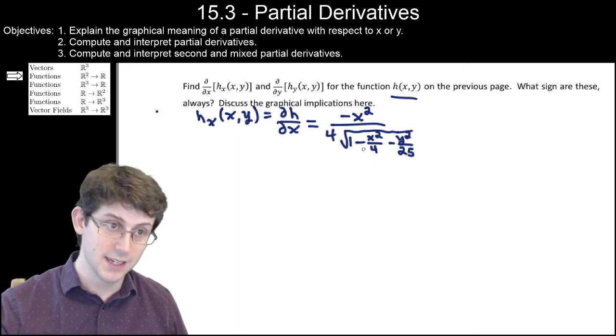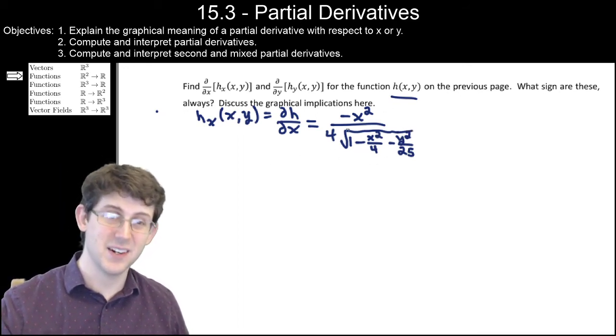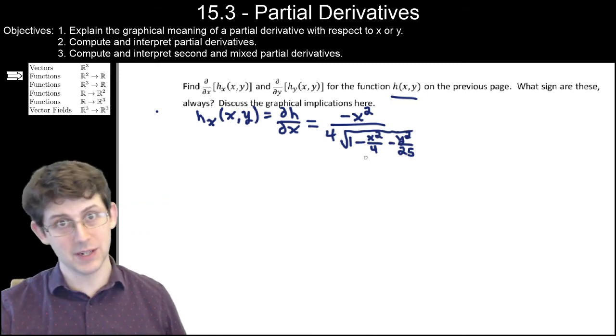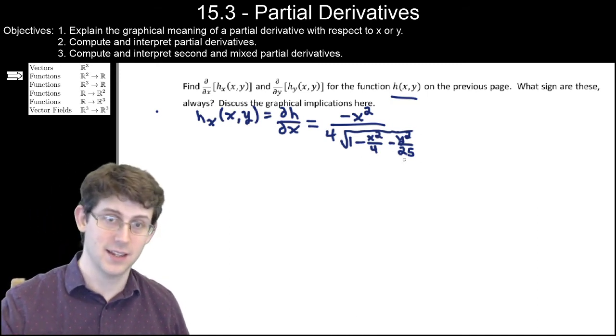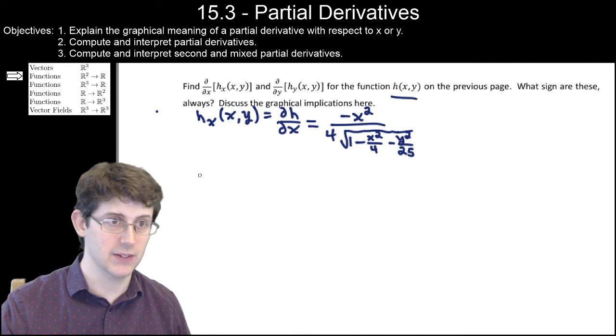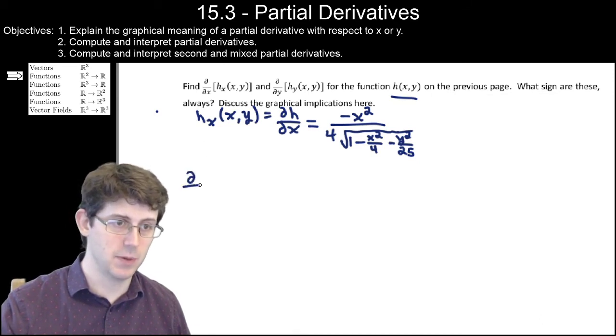This is a function, and I can take either an x partial derivative or a y partial derivative of this function. Ugh. Okay, so the x partial derivative of the x partial derivative